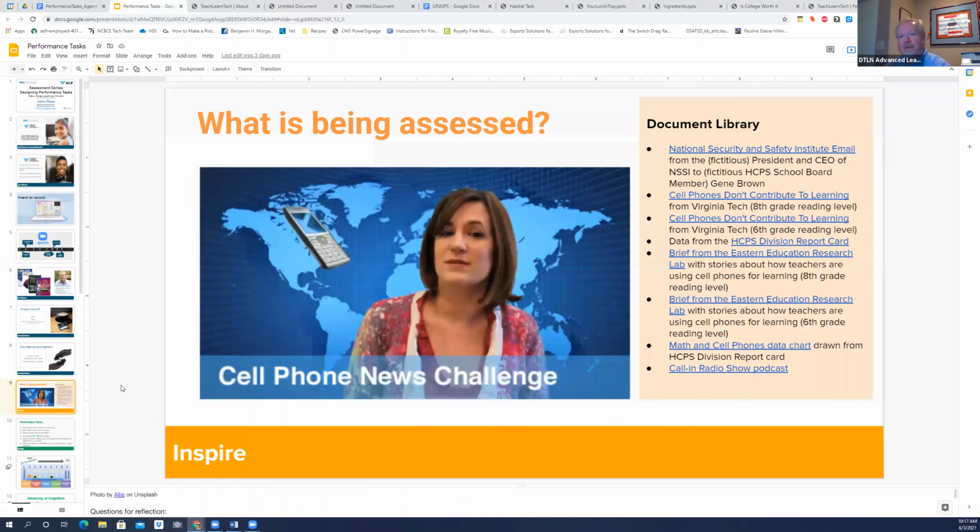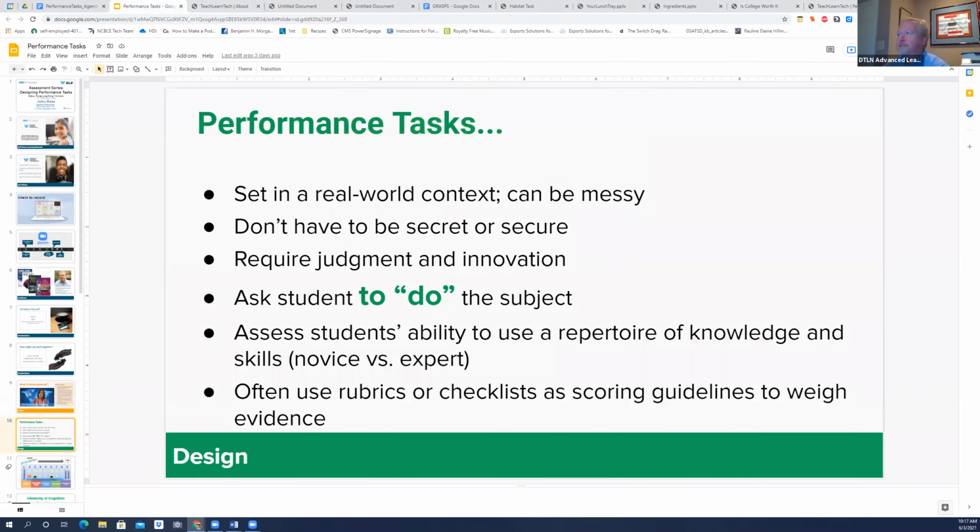So let's talk a little bit about the structure. This one actually does a really good job of showing the structure of what a performance task does. As we're moving forward and have lots of examples, I'm not going to go through all of them today. I have a couple we'll go through today. But as you're thinking about a performance task,